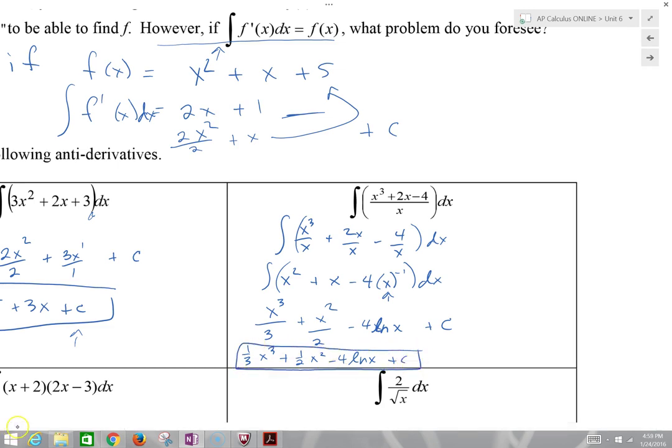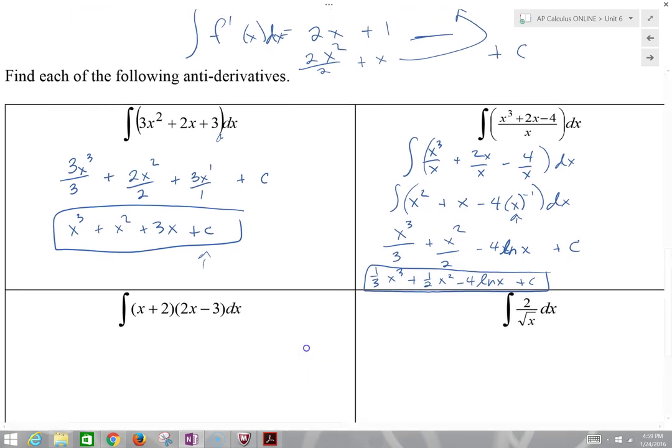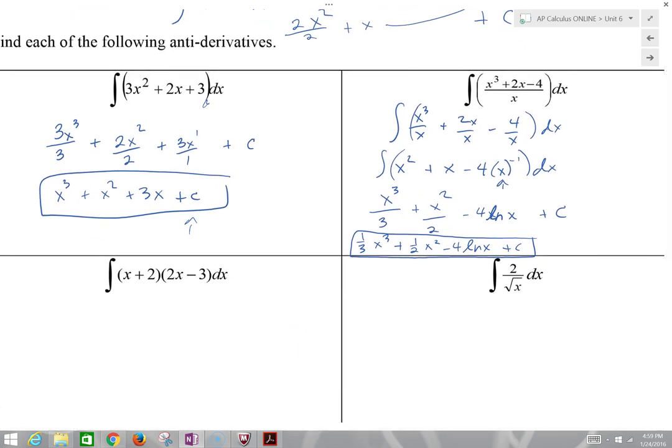Voila. So this next one is a polynomial that's been factored, but to take the derivative of it, we would have to apply the product rule, and then also to work backwards, to take the antiderivative, we'd have to do something. And we only know how to do ones that look like this up here. So we can make x plus 2 times 2x minus 3 look like the first one we did by multiplying it out. So we FOIL this out,